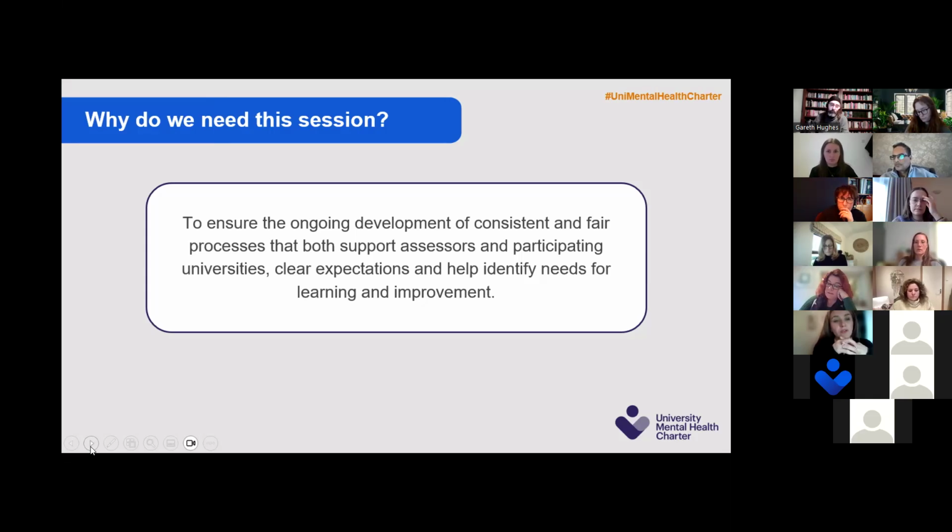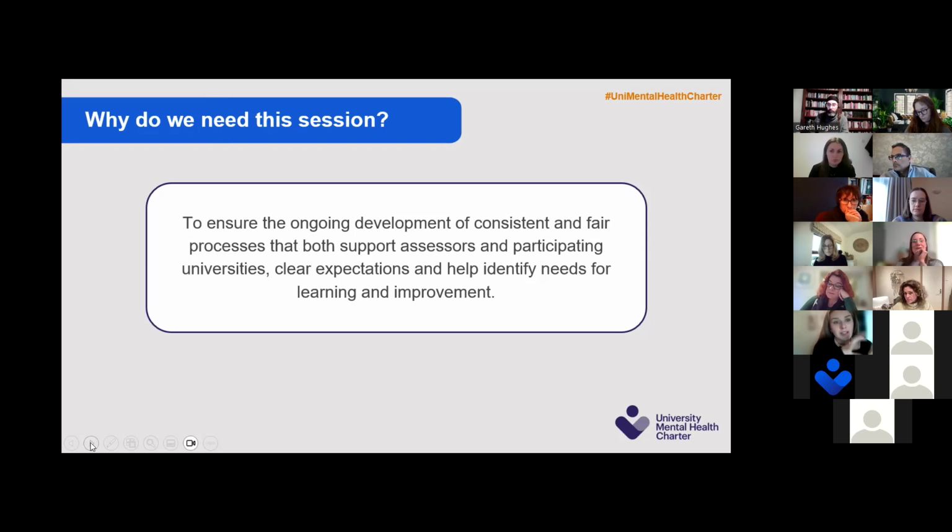We want to make sure that universities going through the process all have a similar experience. We accept that they're not going to have the same. The circumstances at different institutions play out differently, but we need to be able to get your feedback to just help us create that. So the process that we will create off the back of a code of conduct needs to be fair and efficient. And in order to fulfill the expectations of the role, Student Minds needs to support you all to do so.